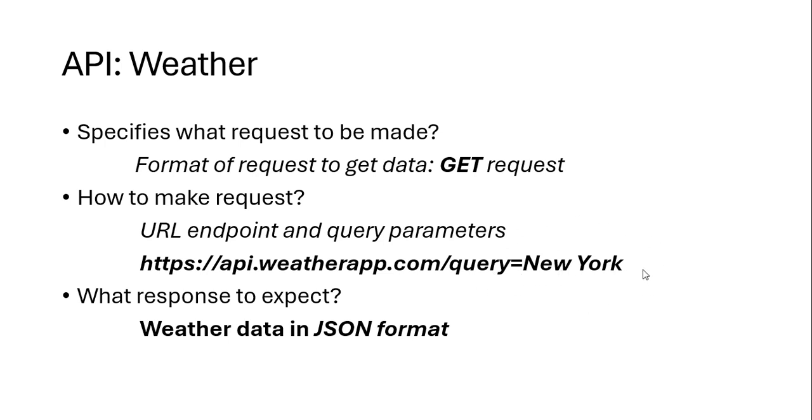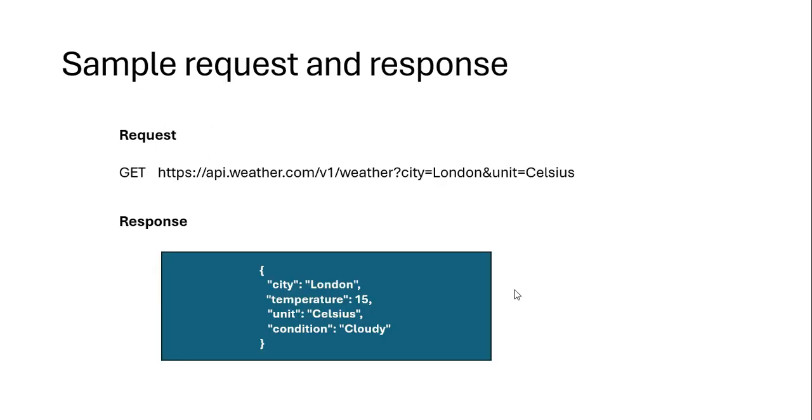And what do you expect? For example, we want to get the weather data in a JSON format so that in the mobile application or web application, you can process that JSON and display the data. So this is a sample request and response. This is how the GET request goes through. For example, you may want the weather information of London in Celsius. This is how the response looks. So you may use this information or process it in your application